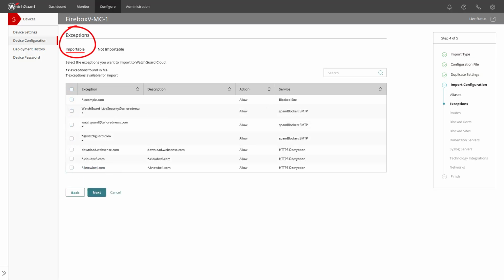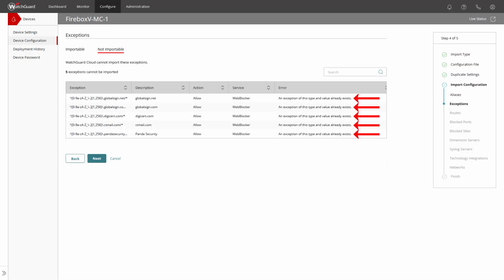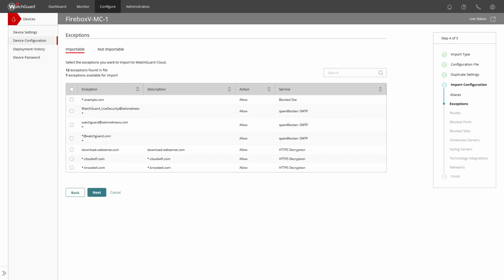Here for exceptions, for which the wizard has found 12 in the configuration file, while 7 of them are available to import, so 5 of these cannot be imported for some reason. With a click on Not Importable, we can see that the exceptions already exist in the cloud-managed Firebox configuration. Back in our importable area, we can now select the exceptions which we wish to import, so I select All